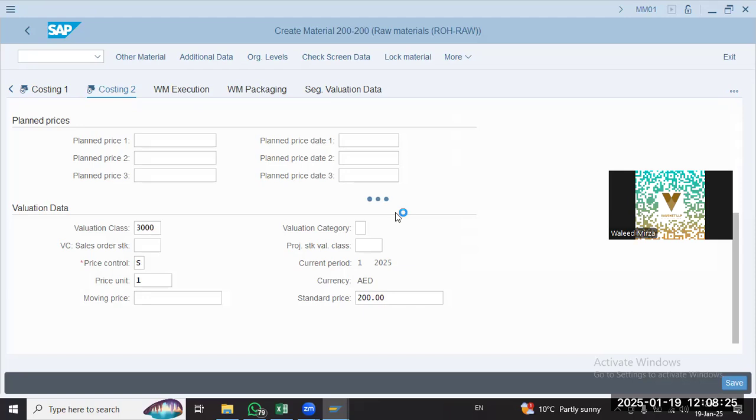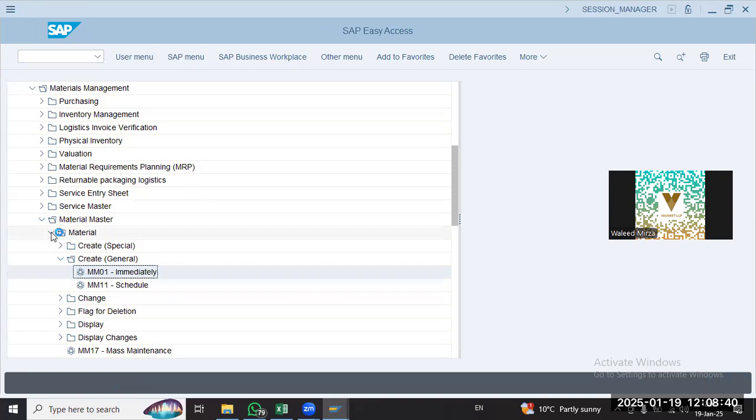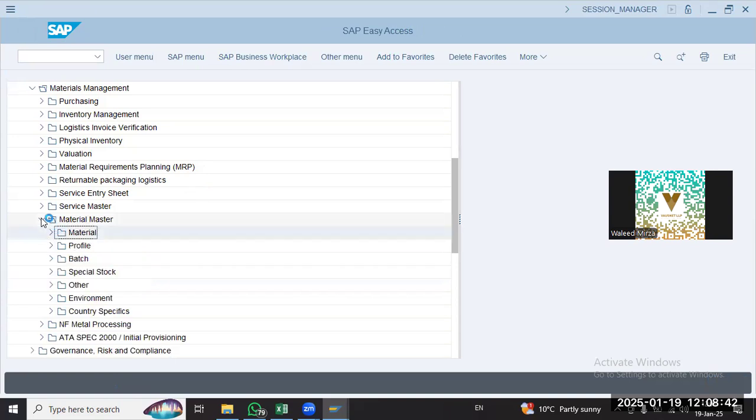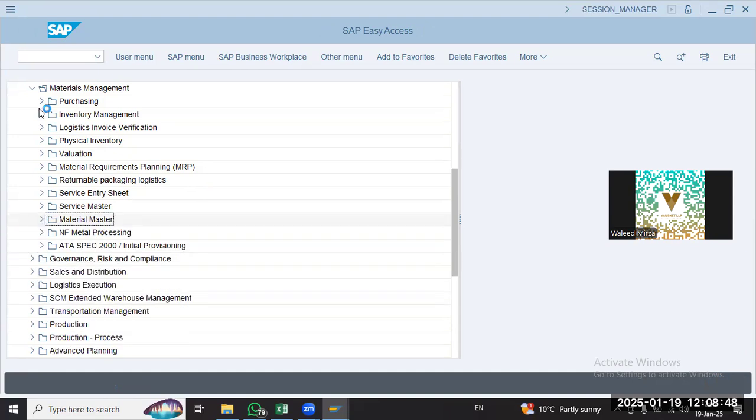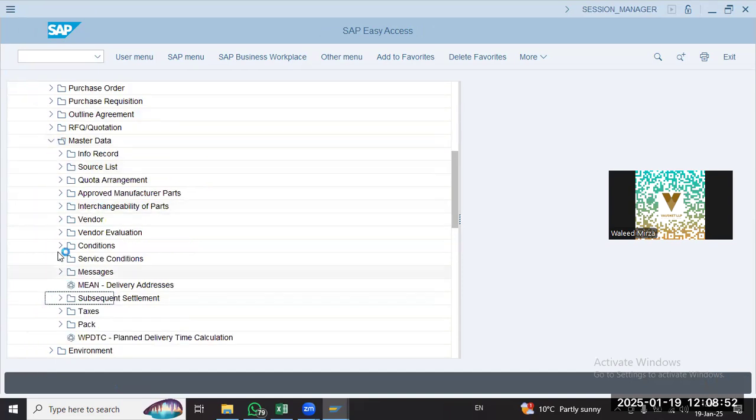Save. Okay, material was created. Okay. Now, that was one thing. We have created a material. Now we can also create a batch, but for that we need a little bit more configuration, but we'll do that later. Purchasing, master data,